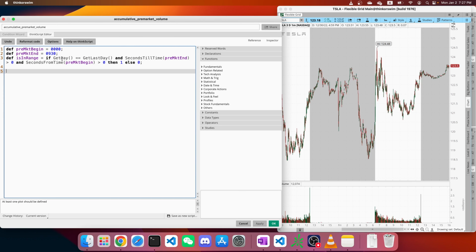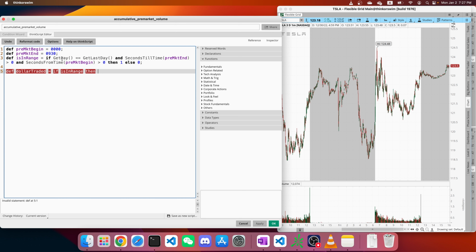Then I'm going to define a variable called dollar traded. That's the amount of money being traded in pre-market for this stock. If it's in the range, then we're going to have something, else it's just 0, or else it's the value before. Let's just keep it value. So let me start from here. If it's in the range,